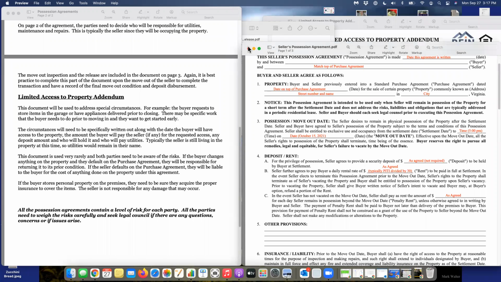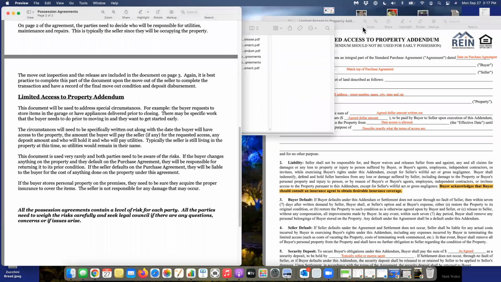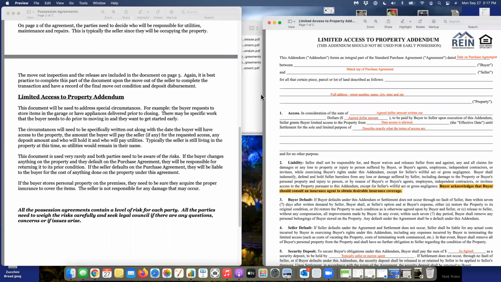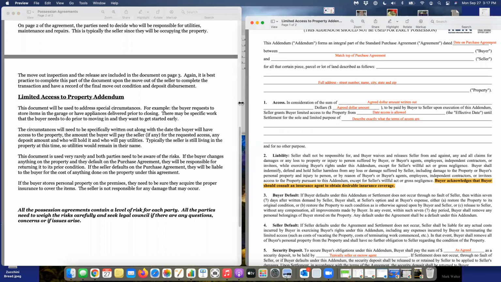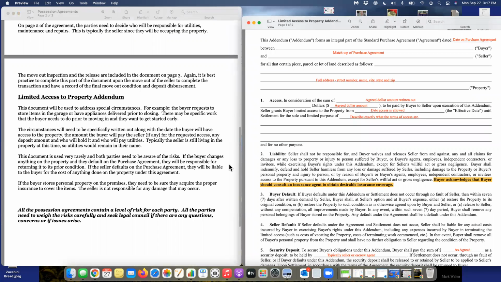And the last possession agreement we're going to go over is the limited access to property possession agreement. And this agreement is used in special circumstances. For example, the buyer needs to store items in the garage, may have appliances that need to be delivered prior to closing. There may be specific work that the buyer needs to do prior to moving in and they want